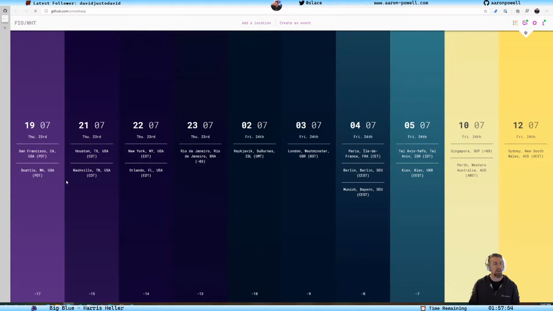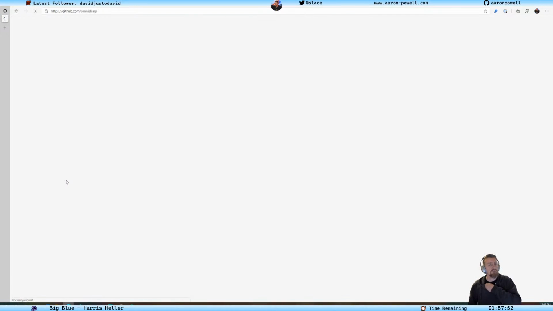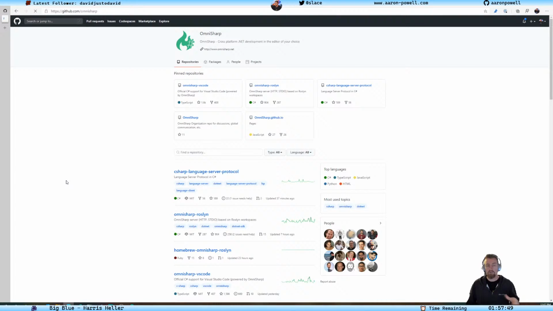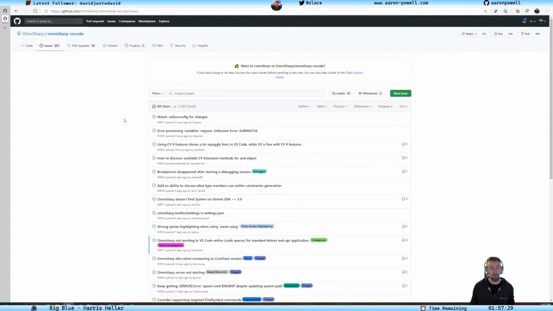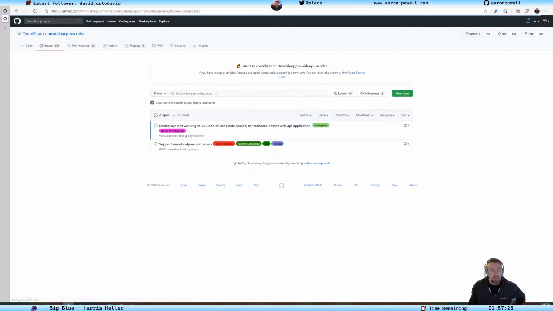OmniSharp, yeah, it's OmniSharp. So the OmniSharp project, which is the VS Code extension that gives the C# code completion and all the type annotations and discovery and things like that, actually has a bug in it that means it doesn't work in Codespaces. So I was just trying to remember where it was. Codespaces. Yeah, so this is the issue,